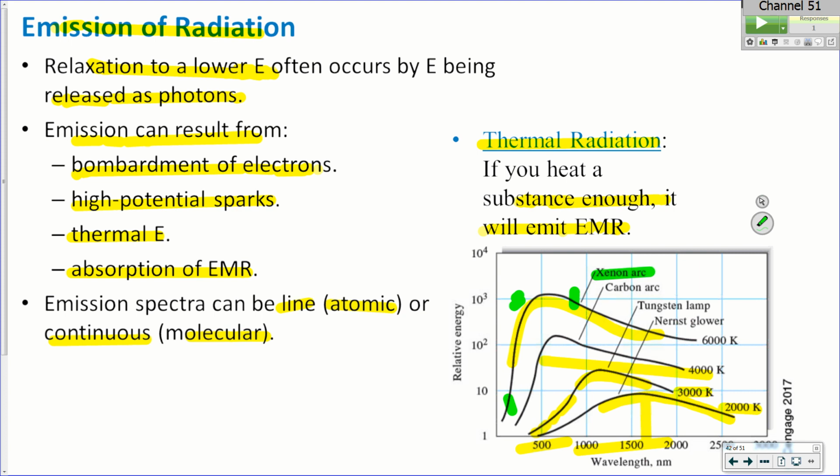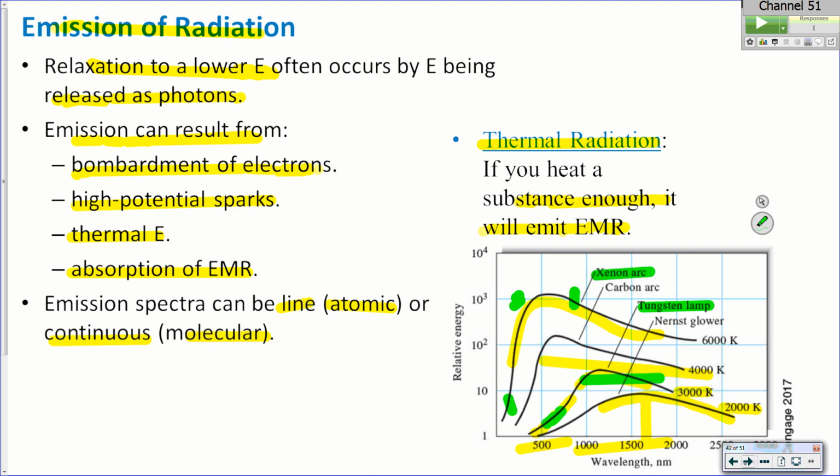All right, a tungsten lamp, a tungsten halogen lamp, a traditional filament light bulb. They work pretty good in the visible, but actually most of their energy is expended in the IR. So one of the downsides to a tungsten lamp is that if you shine a regular filament light bulb on your sample, it's shooting a lot of infrared in there. Eventually it's going to heat your sample up. If you have something with temperature dependent equilibria, and most chemical systems are temperature dependent, you're going to have a shift over time. So you want to minimize your exposure to the sample.